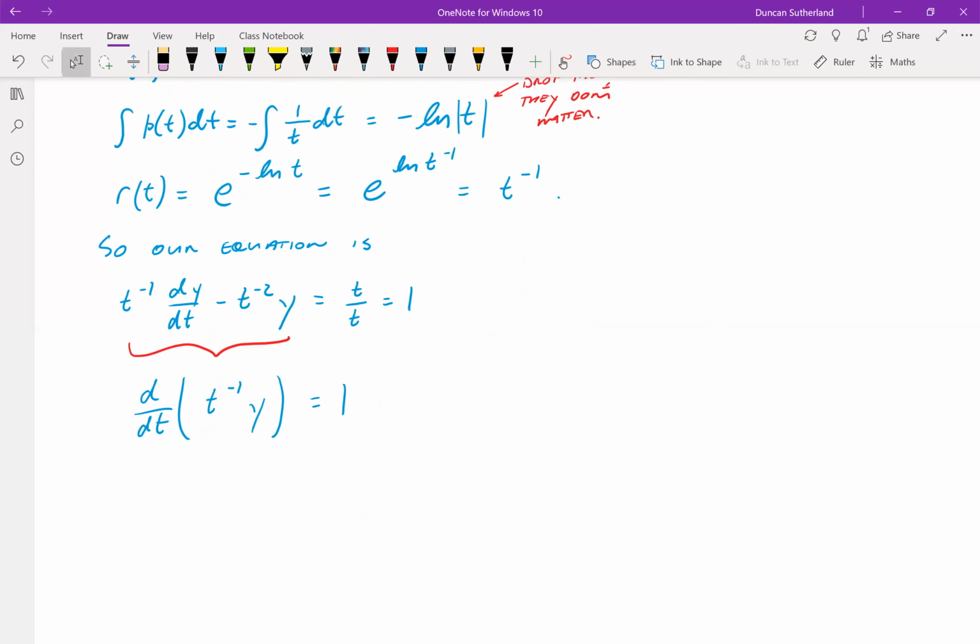Once we have this, we can integrate with respect to t, being mindful to include our constant of integration. And now finally, we rearrange for y. And that's simple in this case, we multiply through by t. So this is our general solution